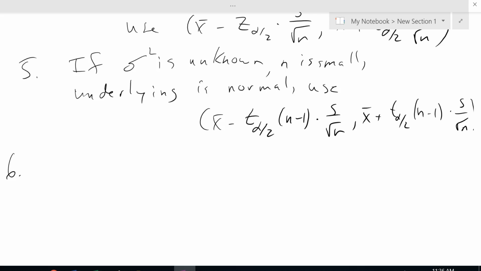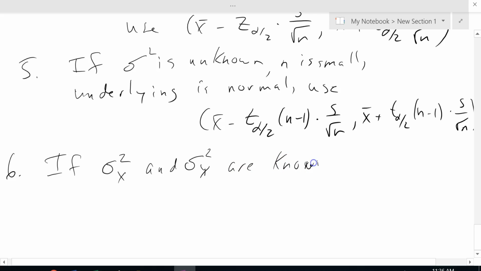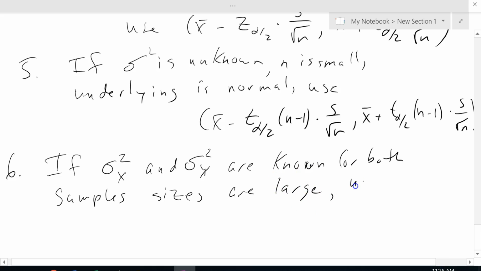Differences of means, right? All right, so if sigma squared for x and y are both known, or both sample sizes are large, we use the difference of your sample means, still use a z sub alpha over 2, and then your